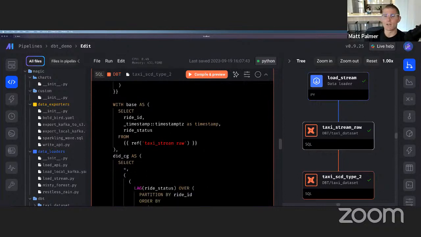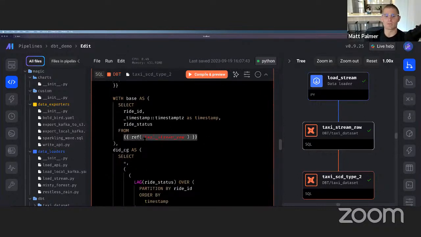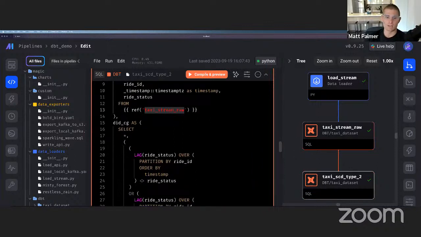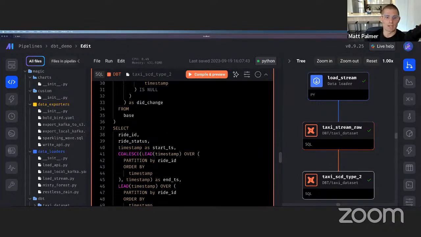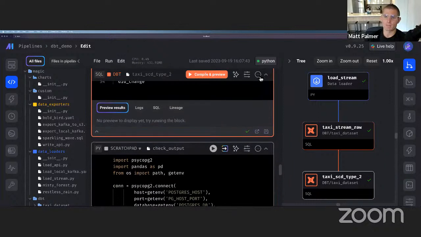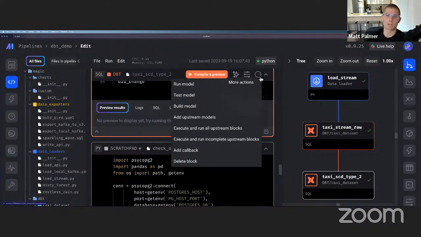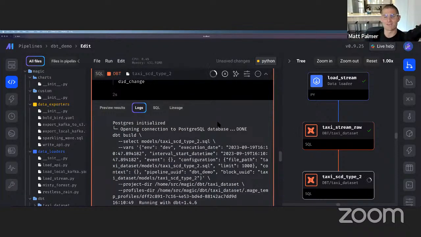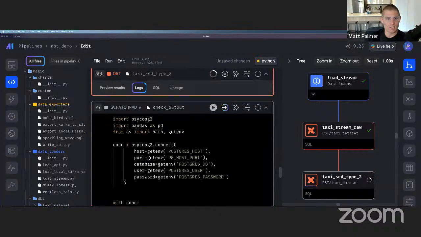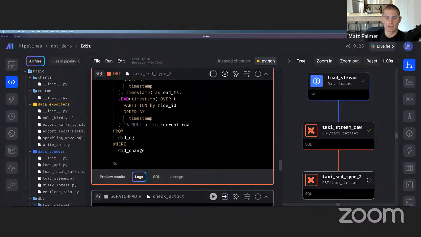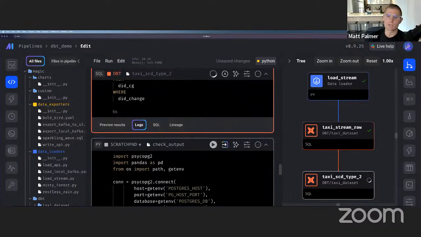So this is just another DBT block that makes use of our taxi stream data set using full DBT, and then performs some basic SQL to generate an SCD type 2 table. And I think what I'm going to show you today is really the power of DBT and the power of batch pipelines: they allow us to go from basically zero to actionable insight in very few steps. So we're going to execute and run the upstream blocks here, and then we're going to build this model. And that should give us an SCD type 2 data set that allows us to query